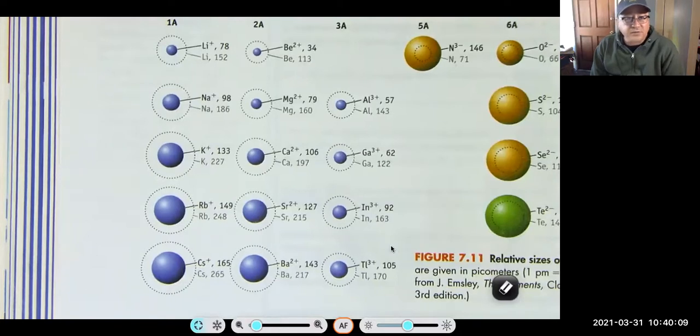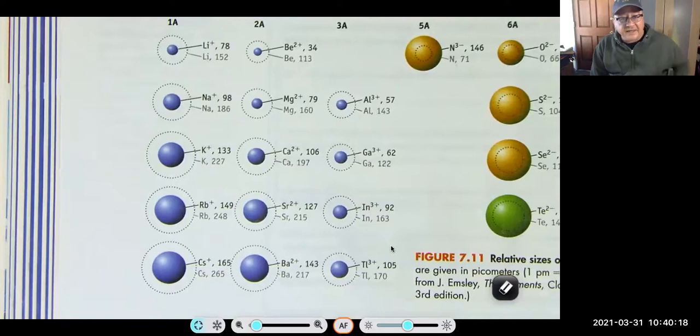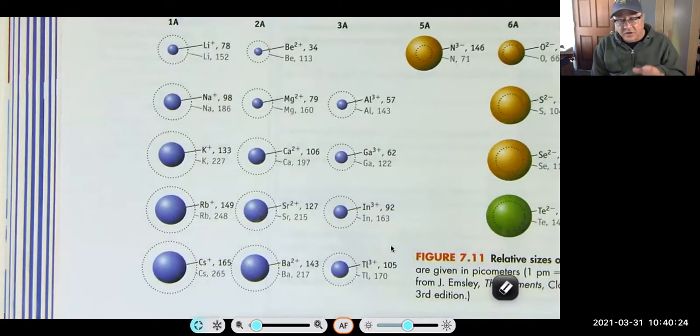So which one has more electrons, the neutral atom or the cation? The neutral atom. So therefore, it should have a larger diameter. And this is the case. So without question, always, the cation is smaller than the neutral atom, and the anion is greater